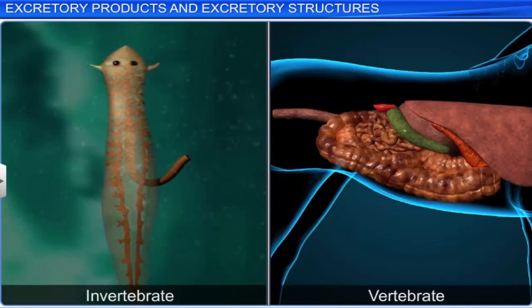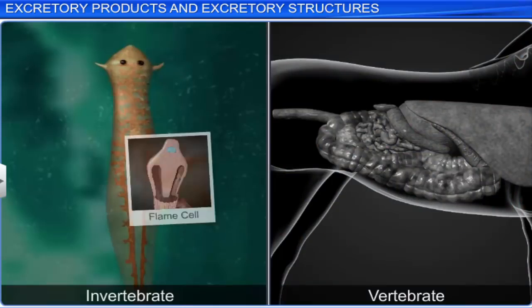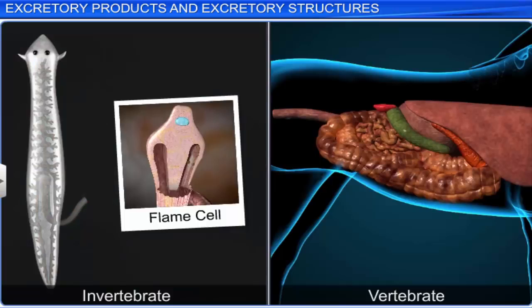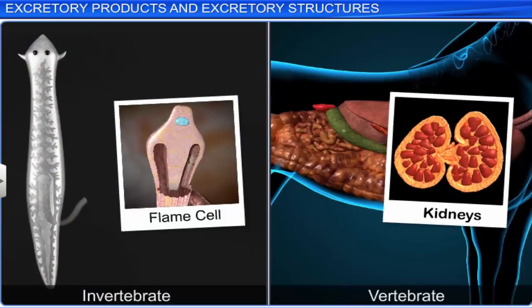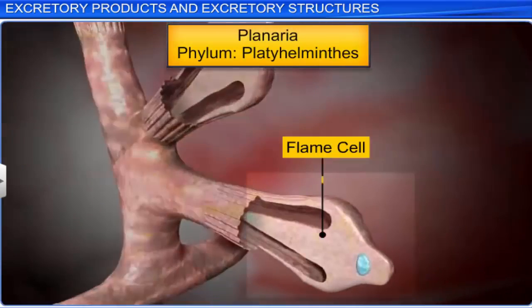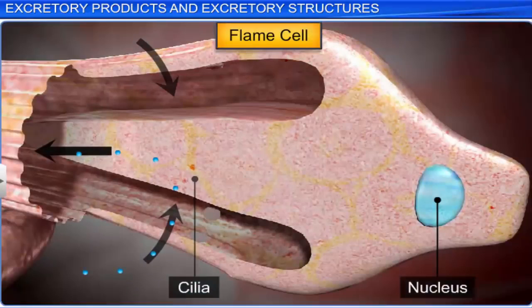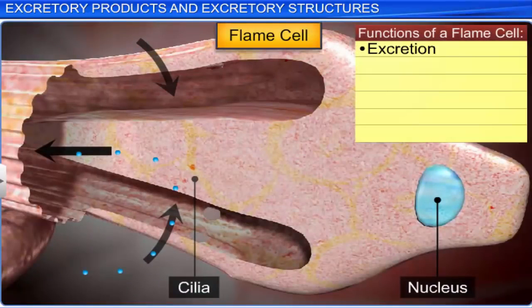The study of phylogeny of the excretory system reveals that primitive animals such as invertebrates possessed simple organs like protonephridia or flame cells, which in the course of time evolved into complex organs such as the kidneys in vertebrates. Flame cells or protonephridia are the excretory structures in animals like platyhelminthes, rotifers, cephalochordates, and certain annelids. Apart from performing the function of excretion, these cells help in osmoregulation or the regulation of the fluid volume and ionic balance in the body.